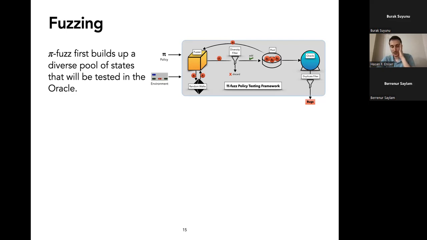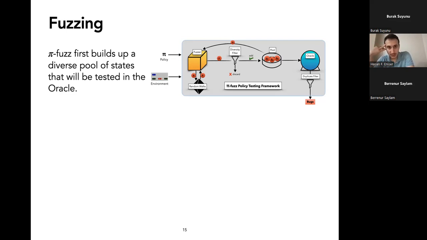We don't want to test only the initial state, but also deeper states, because we want to test the policy as much as possible, as smartly as possible. So for this we developed